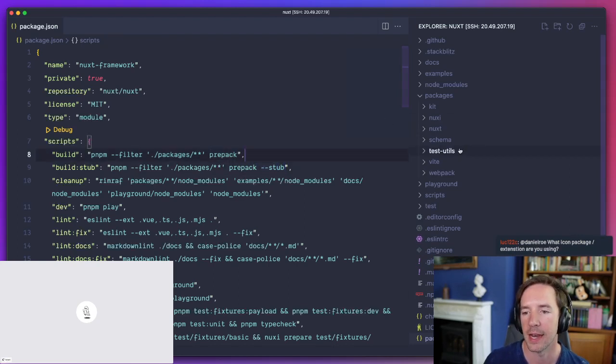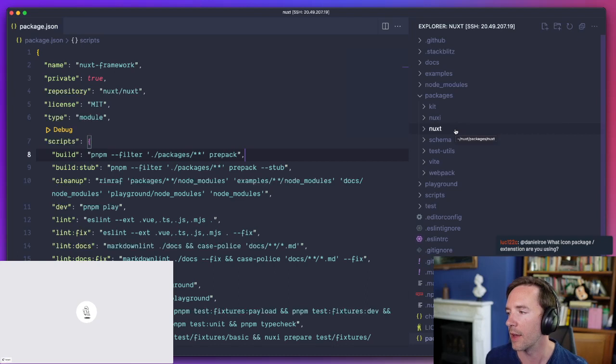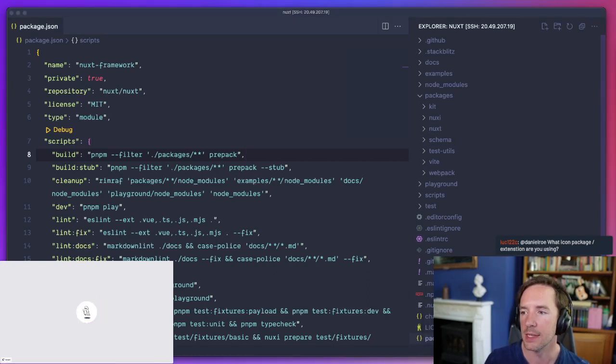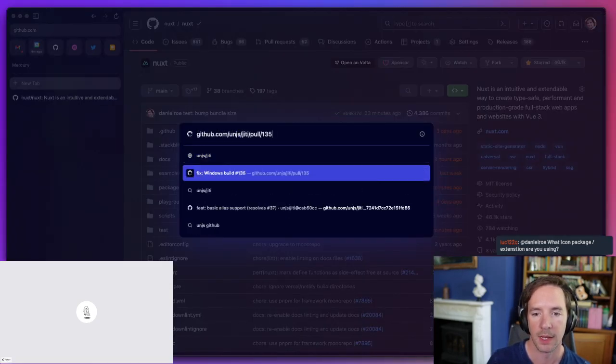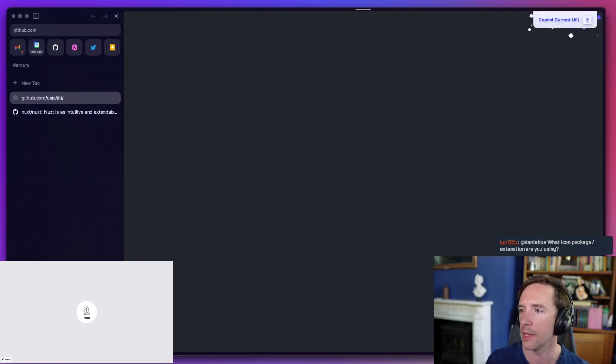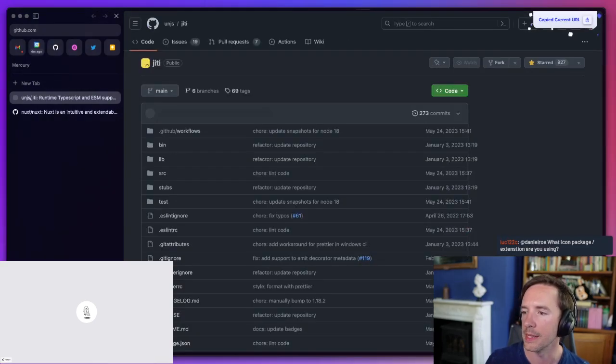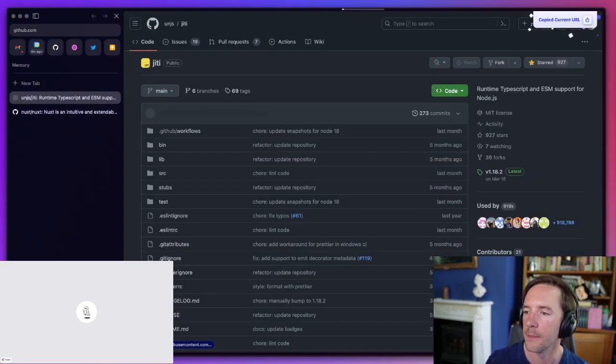And what that does is make a sort of fake build, which uses something called Jiti, which can run TypeScript. Is that from UnJS? It is. Jiti is this repository here. Just paste that in the chat.